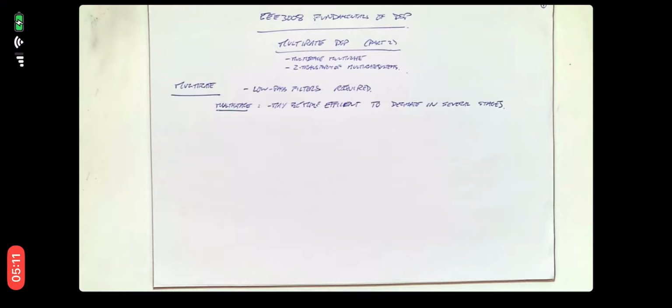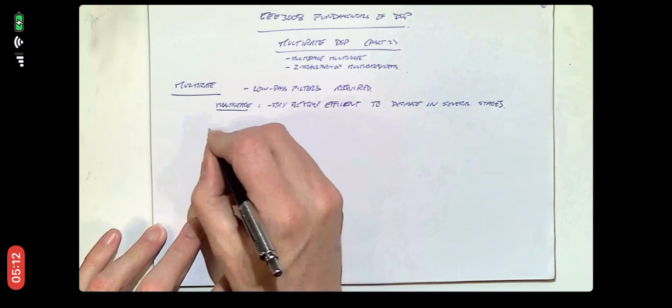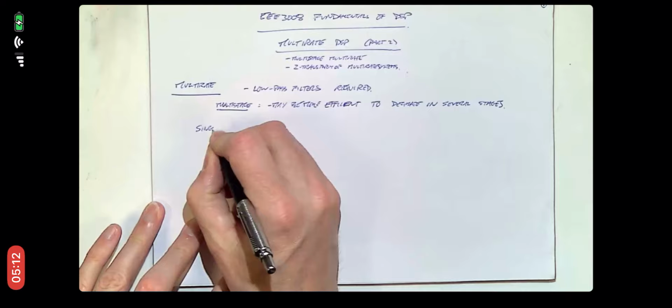But if we wanted to reduce the sampling rate by a large fraction, it might be an advantage for us to get sort of halfway there and then do the next stage as the remaining bit of the downsampling. So this is the single